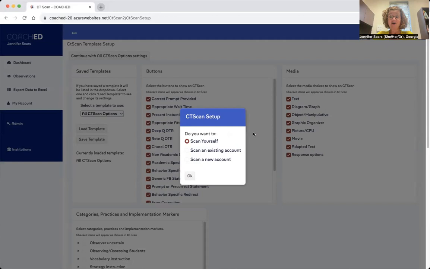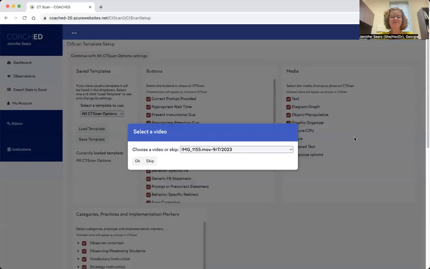For this set, we're just going to click Scan Yourself. This is going to help you create that first observation template. Sometimes it takes just a second to get started. So now, after you've clicked Scan Yourself, we're going to skip this